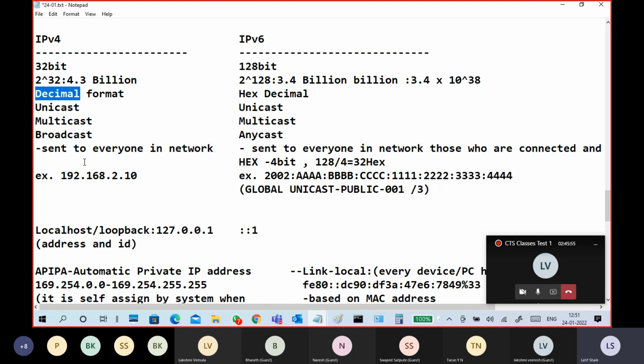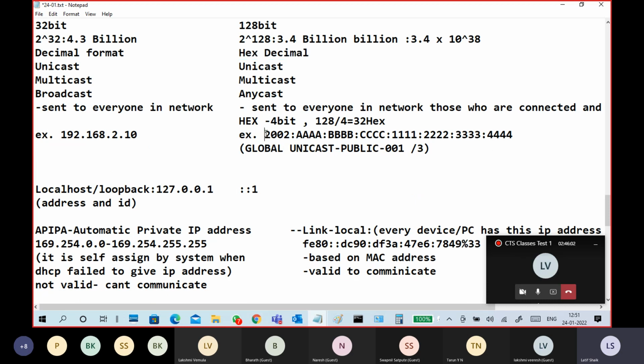IPv4 is represented in decimal format; it looks like this one. IPv6 is represented in hexadecimal format; it looks like this one. I have just given one example. The smallest IPv6 means you can represent it like this, which is also IPv6. What this means is actually 0:0:0:0:0:0:0:0, like this. That is also IPv6. Yeah, one more is